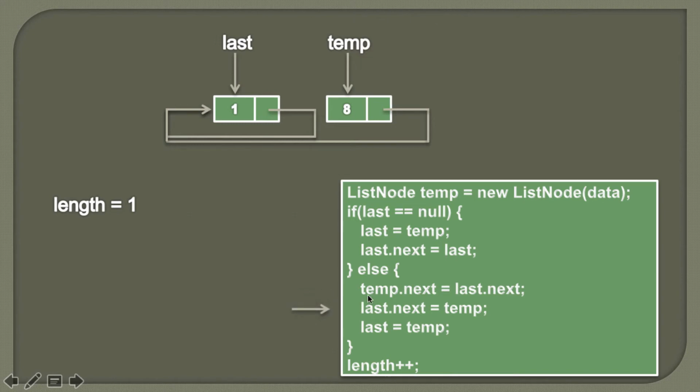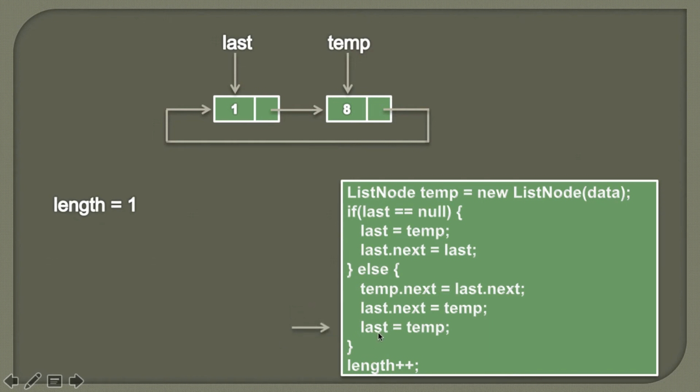in the second step we are assigning value of temp to last.next. Now here you can see last.next is referring to itself, and we know that when we insert this node, last.next should refer to this node because then it will form a chain. So we are simply assigning value of temp to last.next. So it would look something like this. Now this link will be gone and now it should refer to this temp node. So moving ahead,